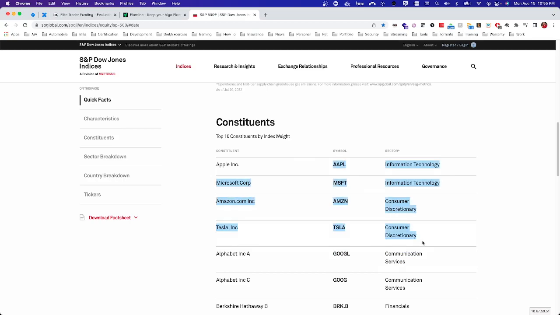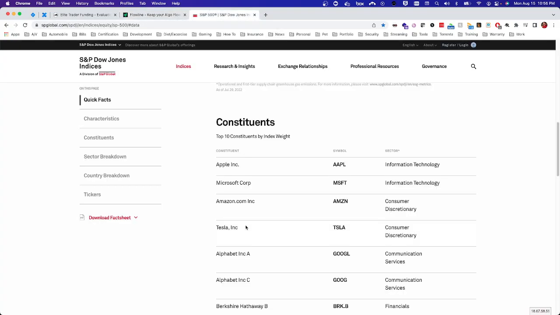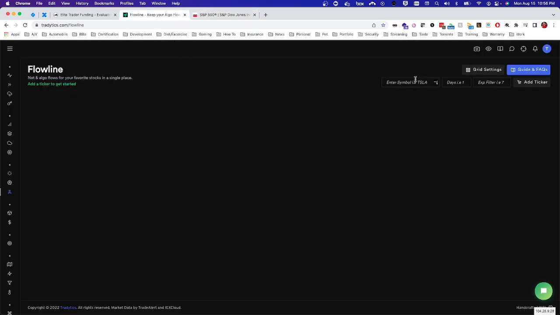So I'm just going to take the top 4 because those have the most weight in how the S&P 500 moves, and we're going to add them to this flow line. And also, since in this case I'm going to be using it for day trading, I'm going to try to stick to smaller time frames, and I'm going to start from bottom up, and I'll show you why in a second. So the first one I'm going to add in is Tesla,